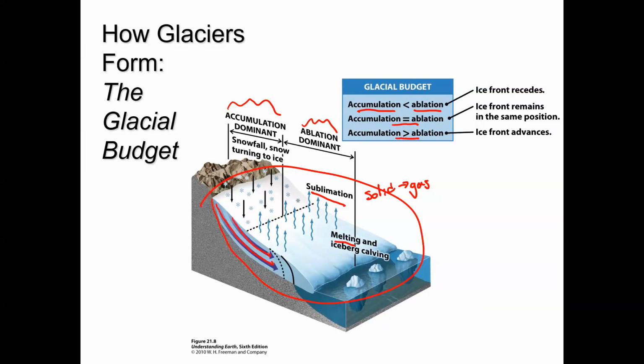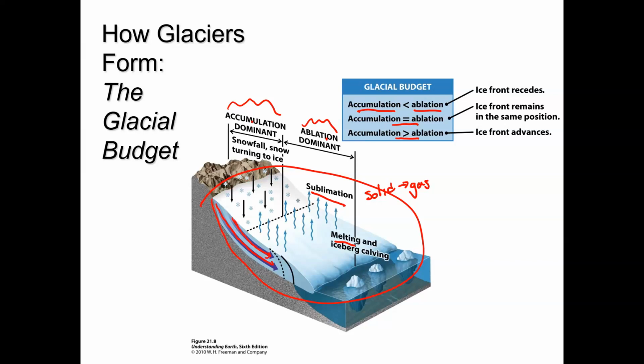This is key because it turns out that glaciers themselves, the solid ice itself, actually flows slowly, much like a river would flow downhill, only at much slower speeds. And that ice flows from areas where accumulation dominates to areas where ablation dominates. So it will flow from upland areas where the accumulation tends to happen to downward areas where the ablation tends